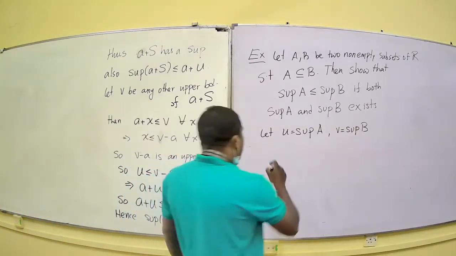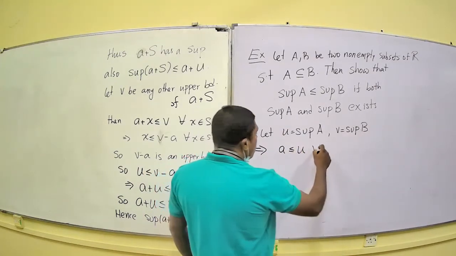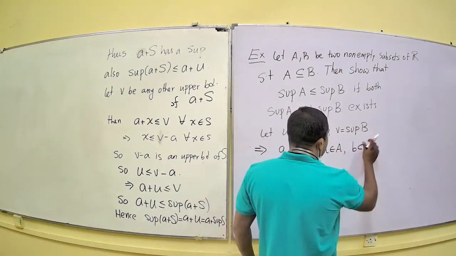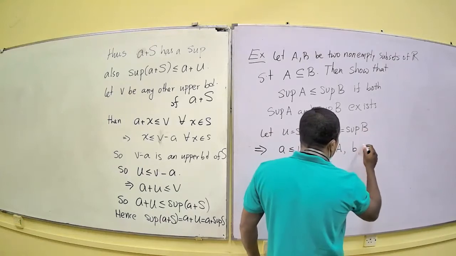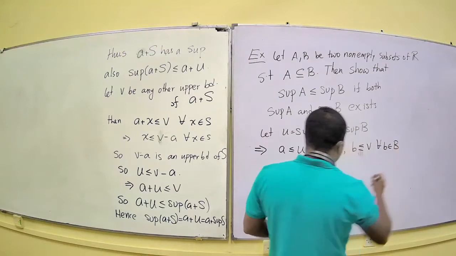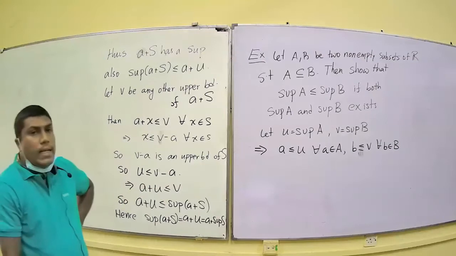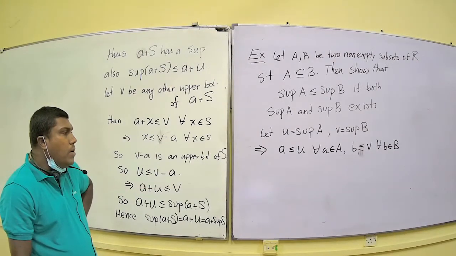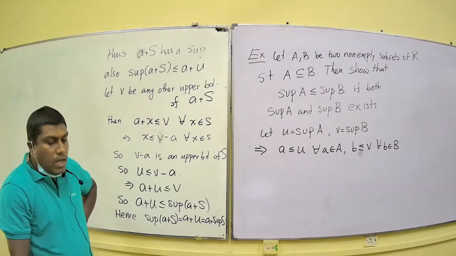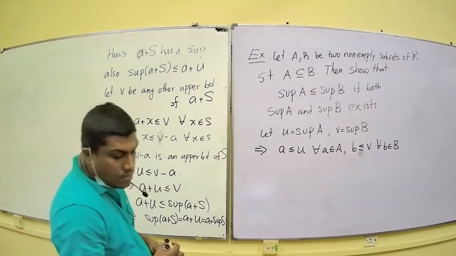Okay. So if this is true, then you see that small a is less than or equal to U for all a in A. At the same time, small b is also less than or equal to B for all b in B. Right? So you notice that the definition of supremum, it serves as an upper bound. So a is less than or equal to U for all a, and b is less than or equal to B for all b. Right. But